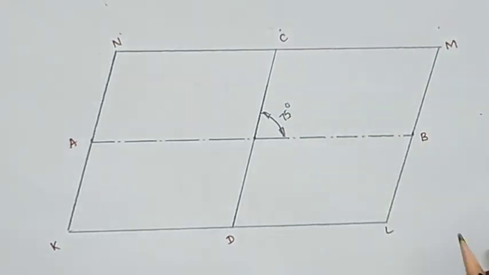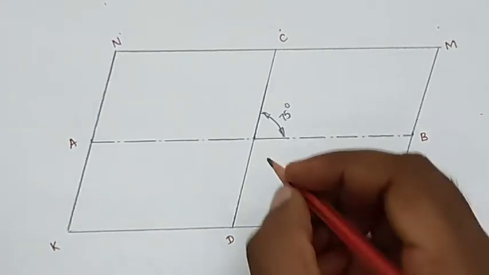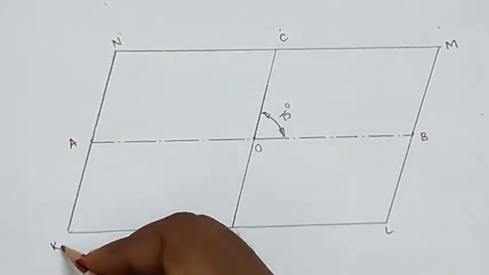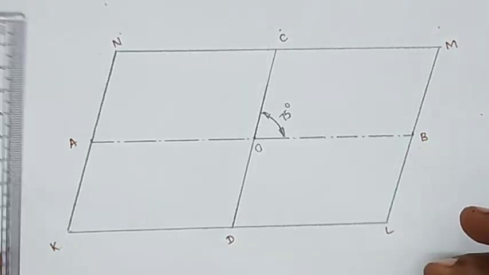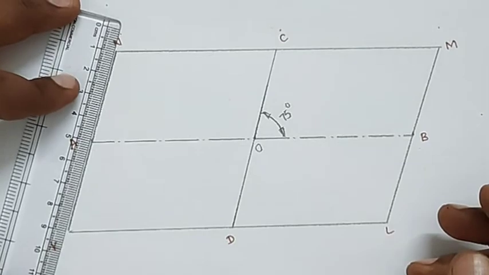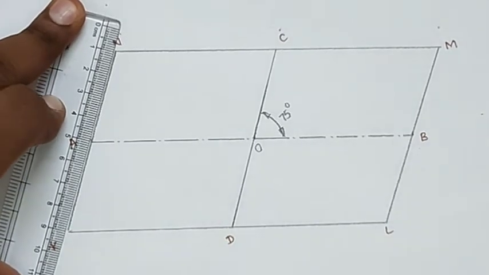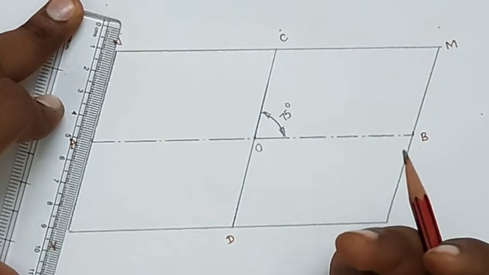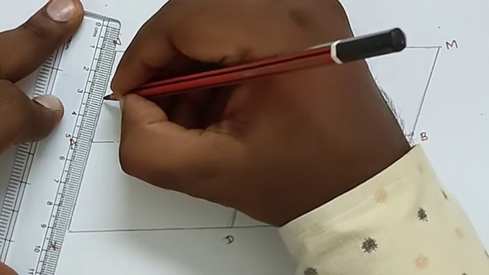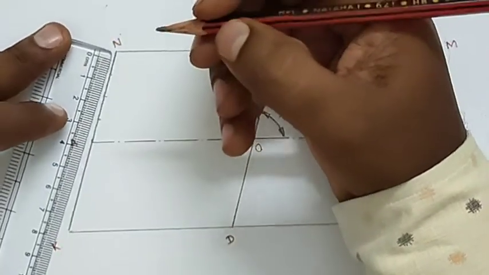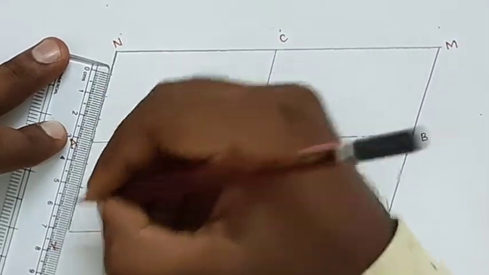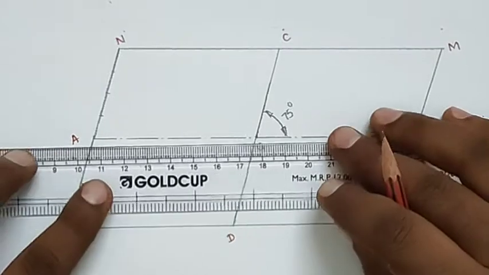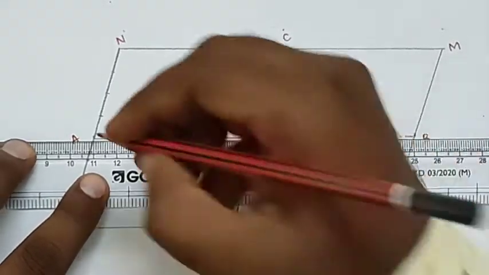So after drawing the parallelogram, you can follow the same procedure as in the previous method. That means dividing the AN line, AK line, AO line, BM line and BN line into a number of equal parts. First of all, you can measure the line length of this one. I am dividing this one into 4 parts because AN is 40 mm. Similarly, this AK line is also divided into 4 parts, taking each part as 10 mm. Similarly, the AO line is also divided into 4 parts.